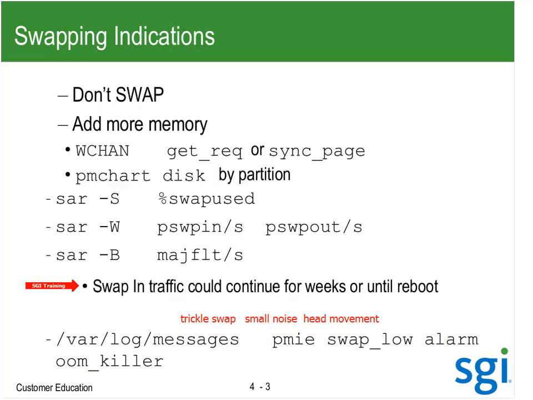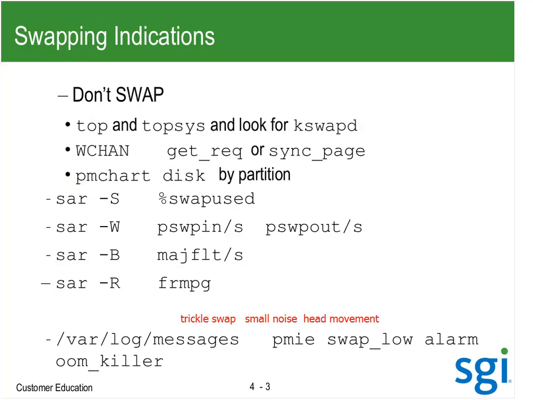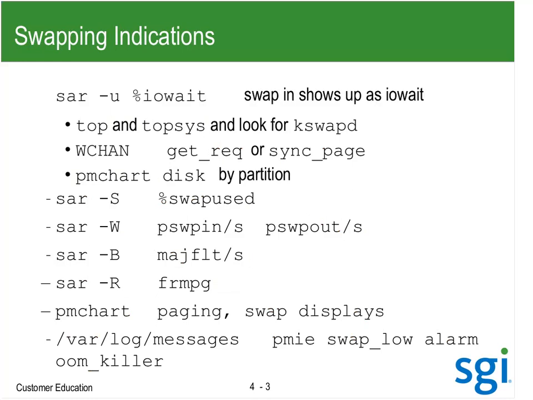So, swapping indications, we just saw that. Swap in shows up as IO8, that was the GET request. Look for kswapd, and we were looking at the WChan. A GET request is swapping in, sync page is swapping out. Or you can see that particular partition being busy. Also use *S to see that swap was busy, but that doesn't mean I'm actually swapping. That just means there's stuff